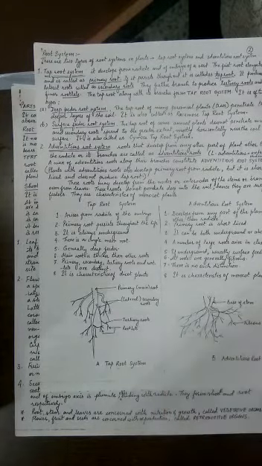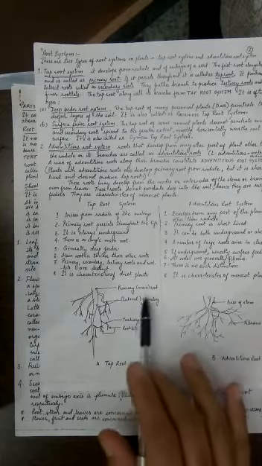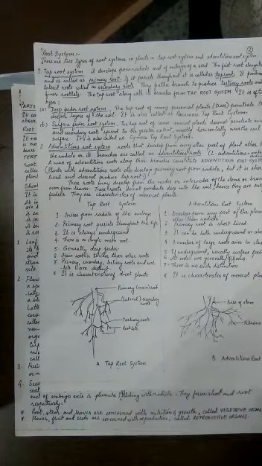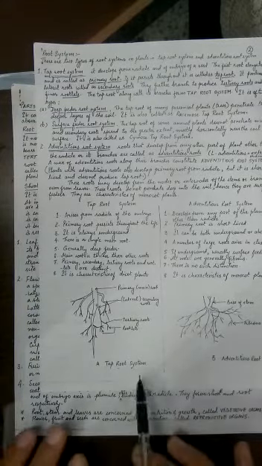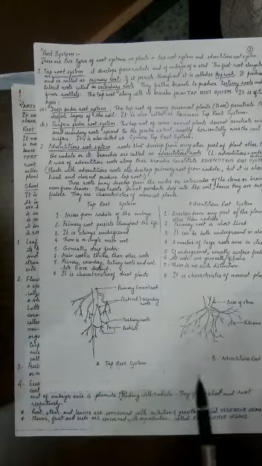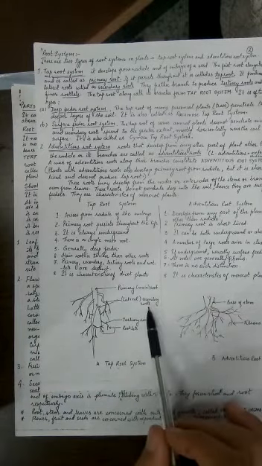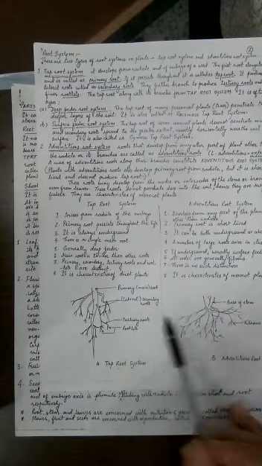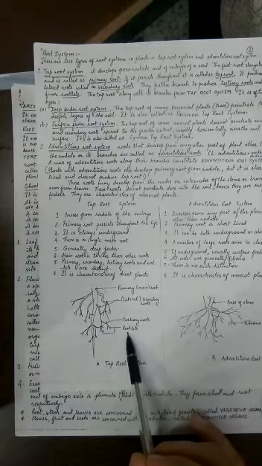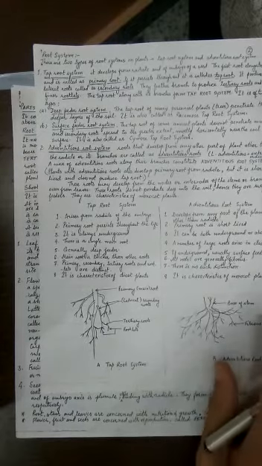Remember, when a seed germinates, the first root to come out from the seed would be the primary root, also called as the main root, also called as the taproot. That's why this root system is called as the taproot system. And then there will be branches coming out from this. These branches are called secondary roots, and secondary roots will develop further smaller branches called as tertiary roots, and finally the smallest one would be called as the rootlets.